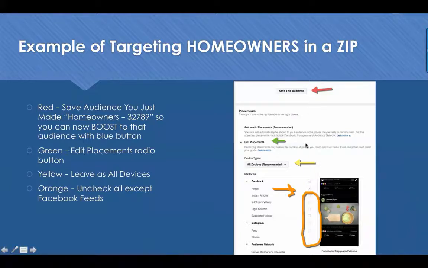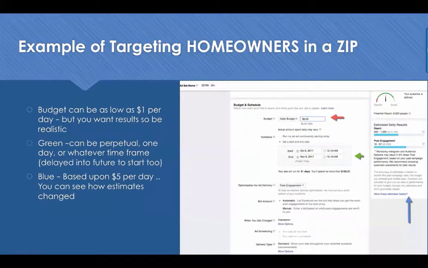So these are what we do on that screen, and when you go through and run your first ad, just have the slides open or have your printout there so you can see what I'm doing. This is the most current information. The next thing you're going to do is go to the budget, and you can either use the drop-down lifetime or we're going to use daily. This can be as low as $1. You can run your ad continuously, like I run my happy birthday ads targeted to people whose birthdays are coming up this week who have liked my page. Or you can set a start and an end date.